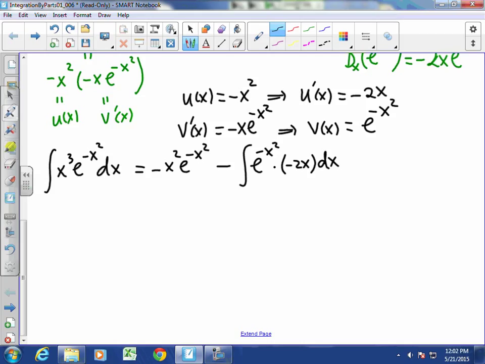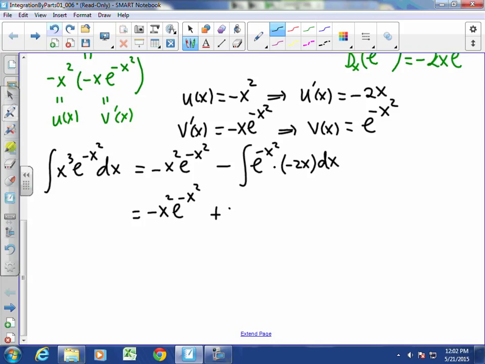So simplifying this gives us negative x squared e to the negative x squared